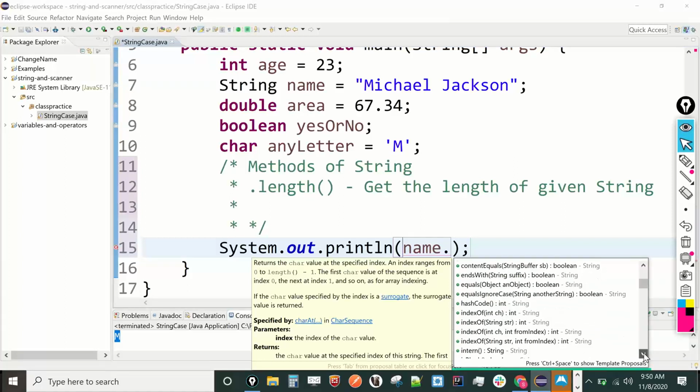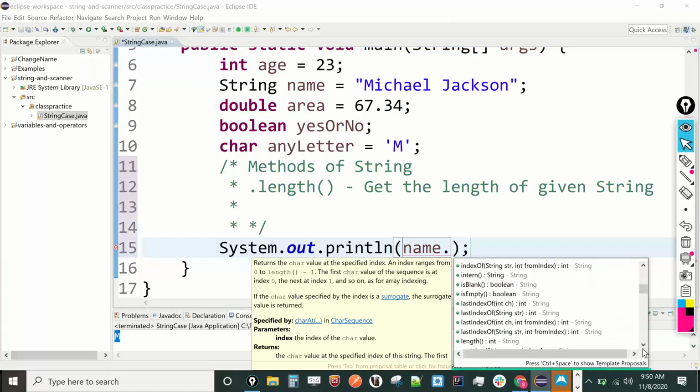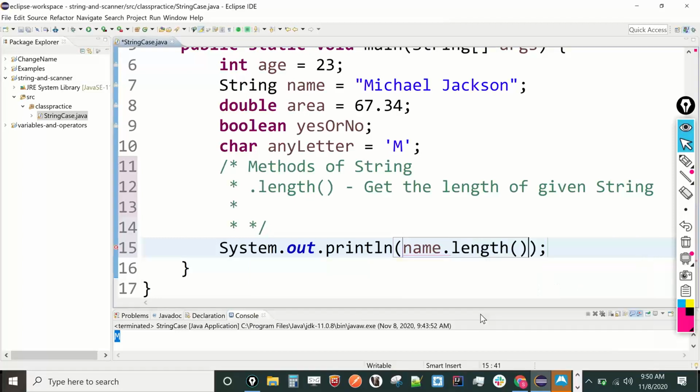You can scroll down and up and maybe encounter this word length and think, oh yeah, I remember, maybe I can do length with this one. Let me just click on it and hit enter. There you go, I have it. So again, you don't have to memorize it if you don't want to or need to. This Eclipse software will walk you through and help you every step of the way to get the answer you want. Now if I run this,